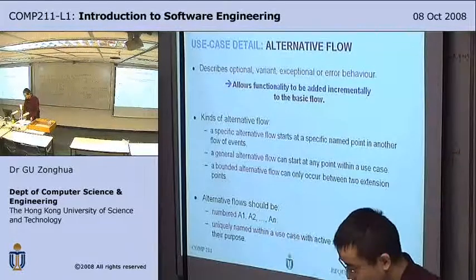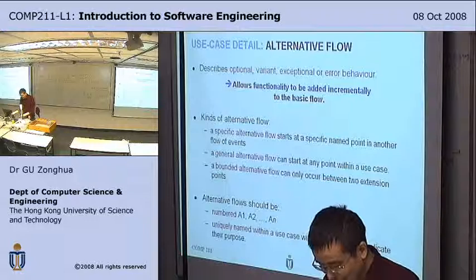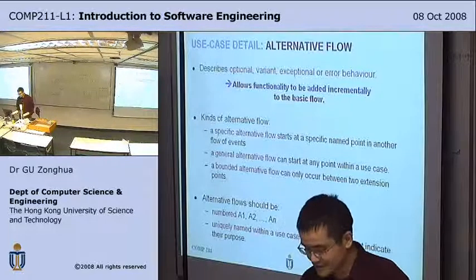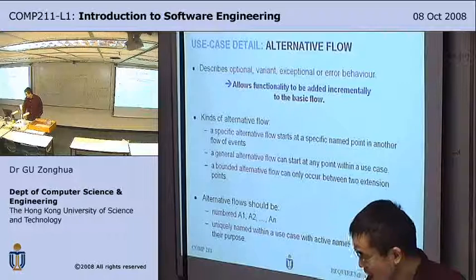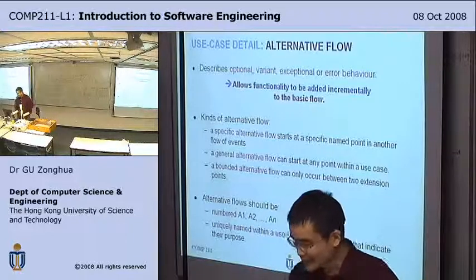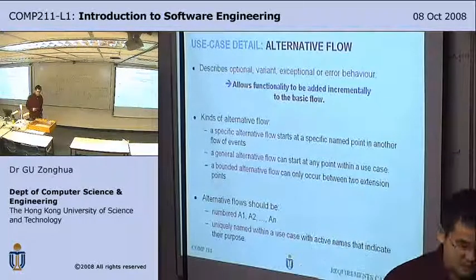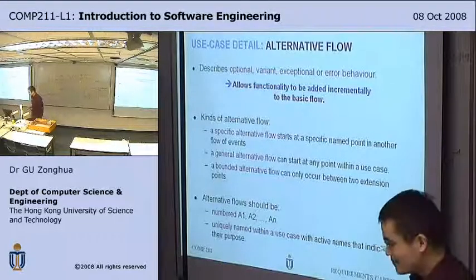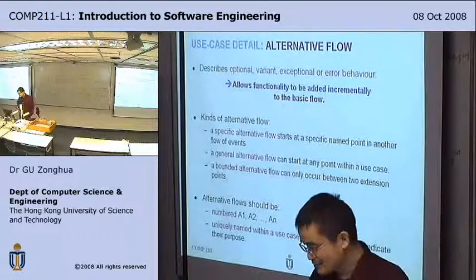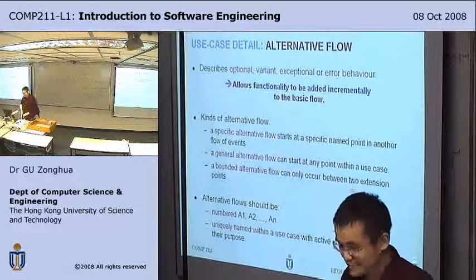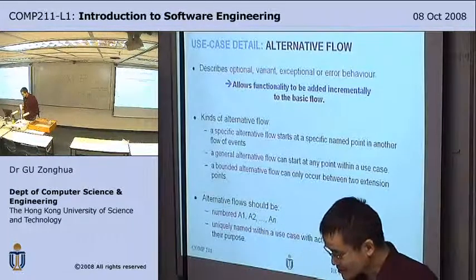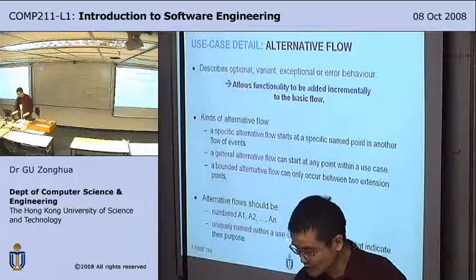So alternative flow describes the optional variant or error behavior. These are exception handlers. It allows functionality to be added incrementally to the basic flow. So you start with the sunny-day scenario and finish the basic flow first, and then you think about what can go wrong. So different alternative flows include a specific